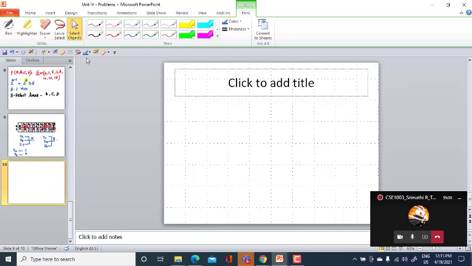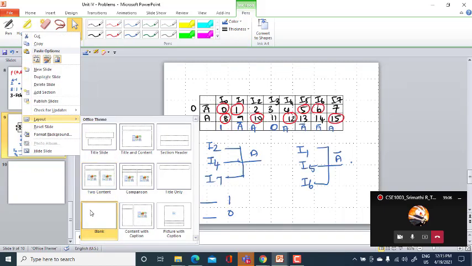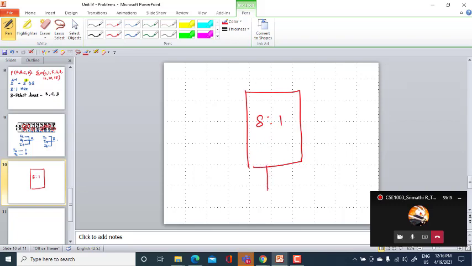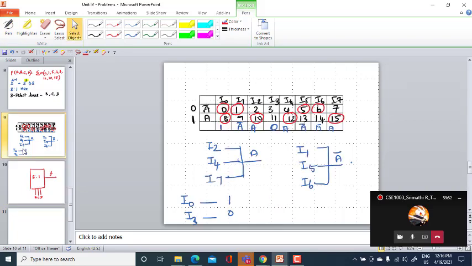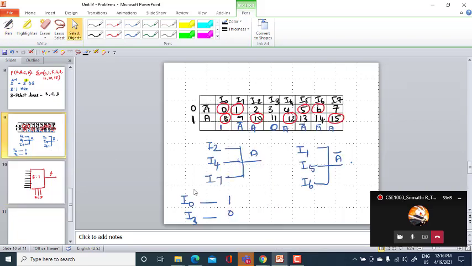So now of this 8:1 mux, BCD will be given as select lines, and the output is F. Let me write the inputs first: I0, I1, I2, I3, I4, I5, I6, I7.